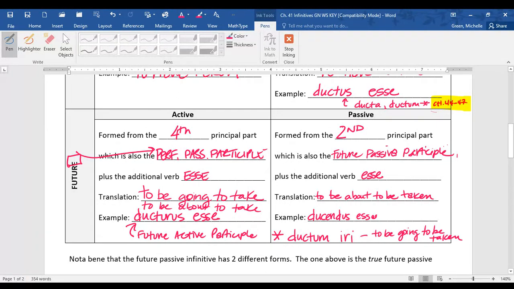Okay. And so this is actually your true form, but I, in all the years I've done Latin, have only seen that form once entirely in Caesar. And it was also with